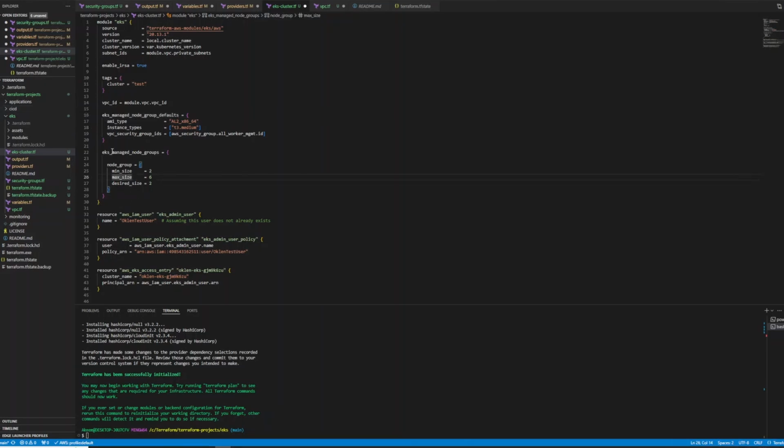Managed node group, we're going to have a minimum of 2 clusters within the node group and a maximum of 6, but the desired is going to be 2. This allows us to upscale depending on usage. And also within the 3 resources you see here,